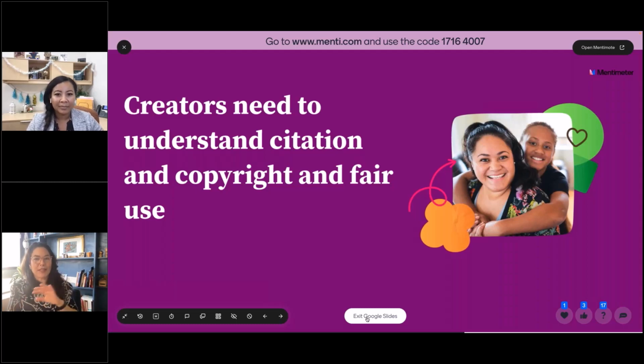Let's flip that. Your students are now creators. Your students are now creators who have rights, right? And when they make something, and eventually they're going to make something amazing that other people are going to want to take, they don't want people to take it from them, right? So how do we help our students understand that they have rights as creators, and that the reason that copyright exists is so that our creators can have their work protected? So your work is protected as a maker, as a musician, as a poet, as a coder, right? Like, your work is protected. And so you need to understand what your rights are.